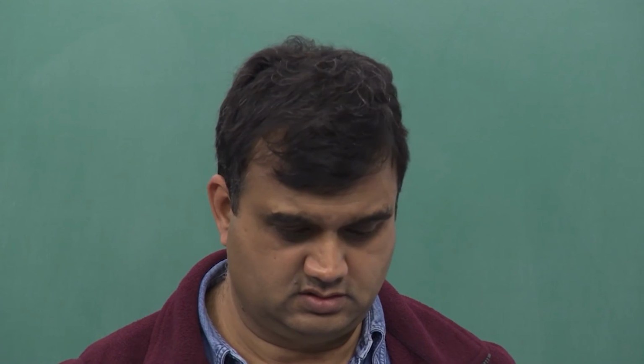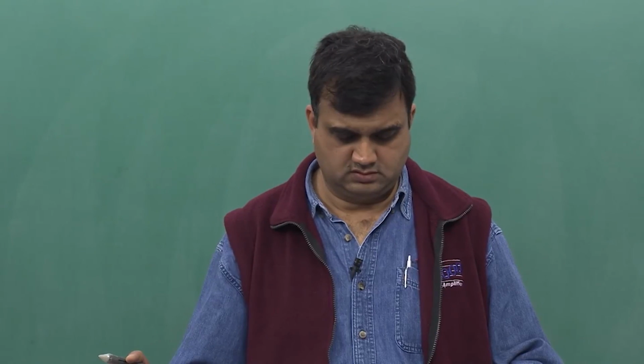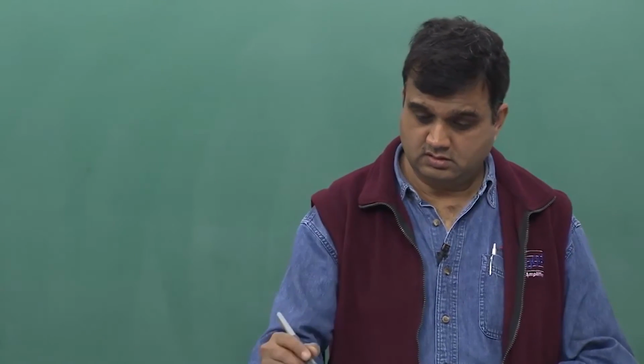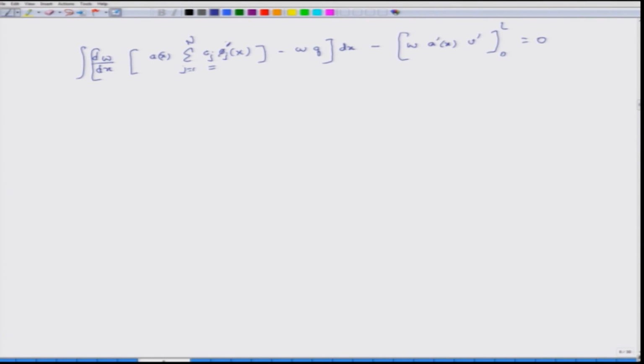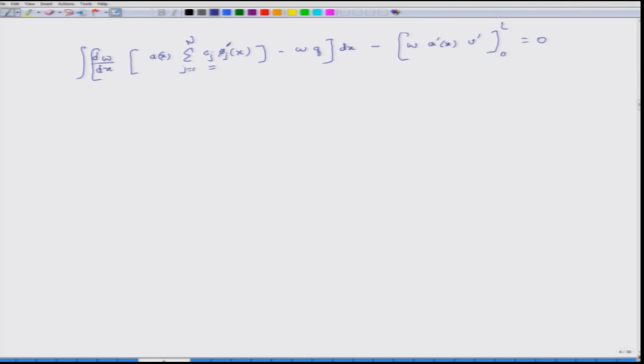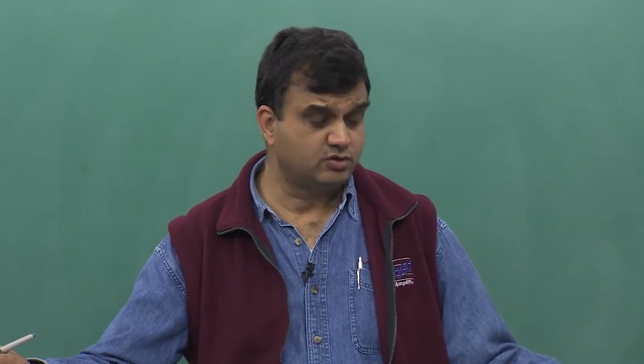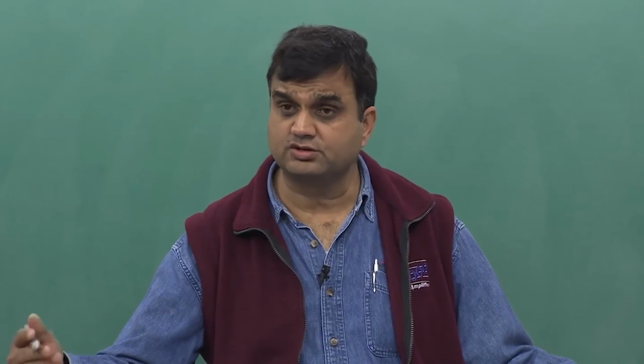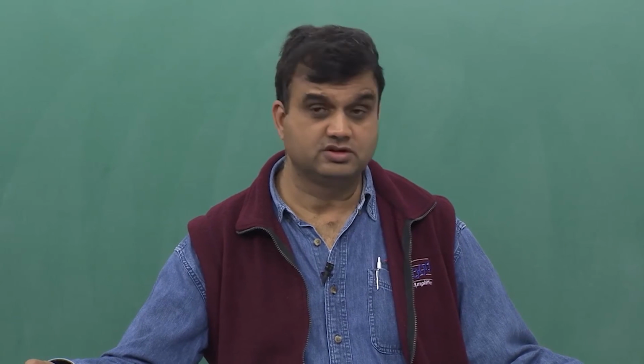So, what we will do is continue this discussion in the next class. Phi j dash, yes, there is a prime, so this is a differential of phi j. So, that concludes our discussion for today, and we will extend this discussion tomorrow. So, look forward to seeing you. Thanks.